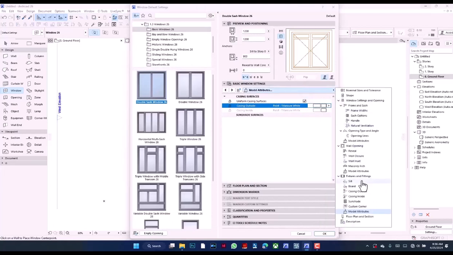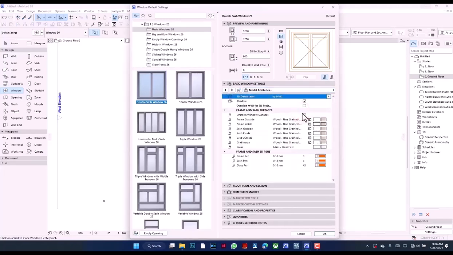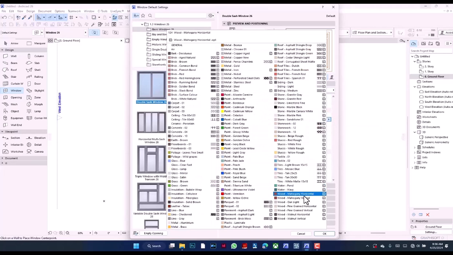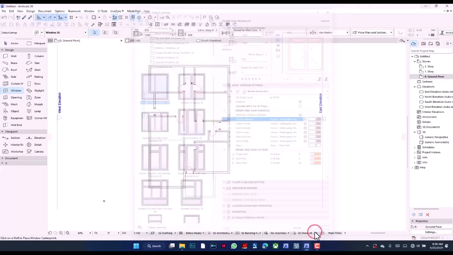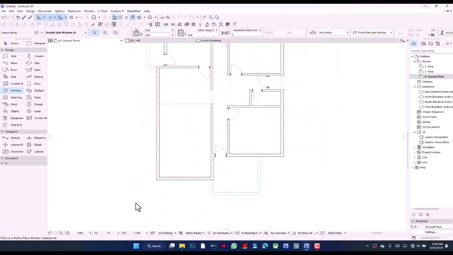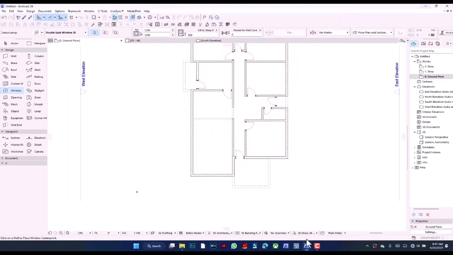Alright, next I'm going to come over here and make all the window frames be made of this horizontal mahogany stuff we have right here. When I'm rendering, it's going to appear slightly different anyway. So our glass remains as glass. There are other settings, but for me these are enough to move forward. Okay, so I'm going to bring one. I typically like my window to have a